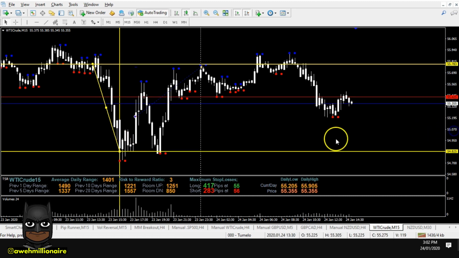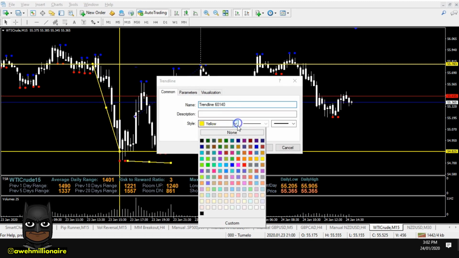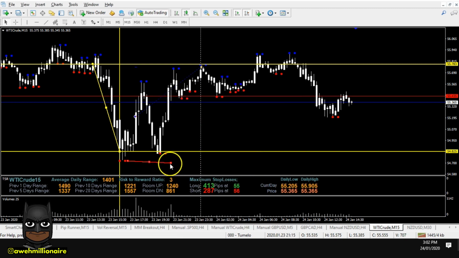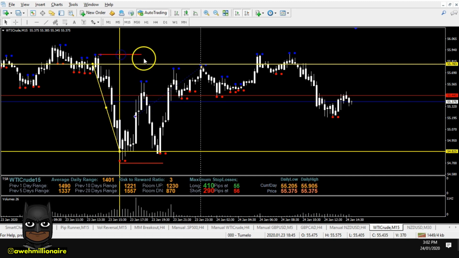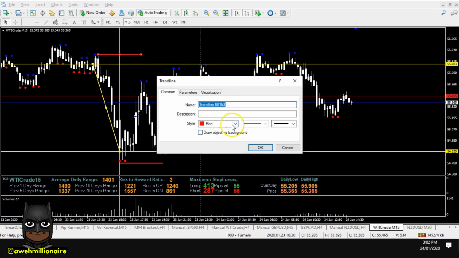So now we know what we want to do. We want to buy, because we don't want to be dumb traders, we want to be smart traders. So all we have to do now is plot our trade, our buy order, in terms of stop loss and entry. Stop loss goes at the most recent fractal low, as you can see over there, and the entry is going to be the most recent fractal high. Now, the most recent fractal high, if you can see, is all the way up there.